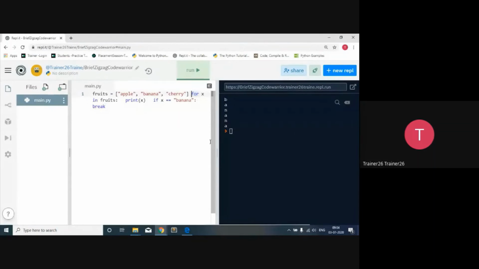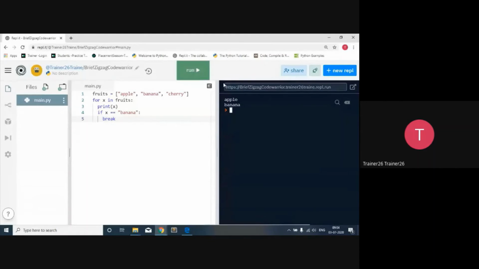Okay. So here I'm going to say for x in fruits, print x, and if x equals banana, then break. So in this way, the code is for x in the fruits. In fruits, there are three things. It will always start with the apple, and first it prints the apple. Then after that it will compare that particular apple string with the banana string with the equals operator, and if it is the same string, it's going to break. So out of the three things, when I talk about break, as we know continue and break, it's going to break the loop over here.